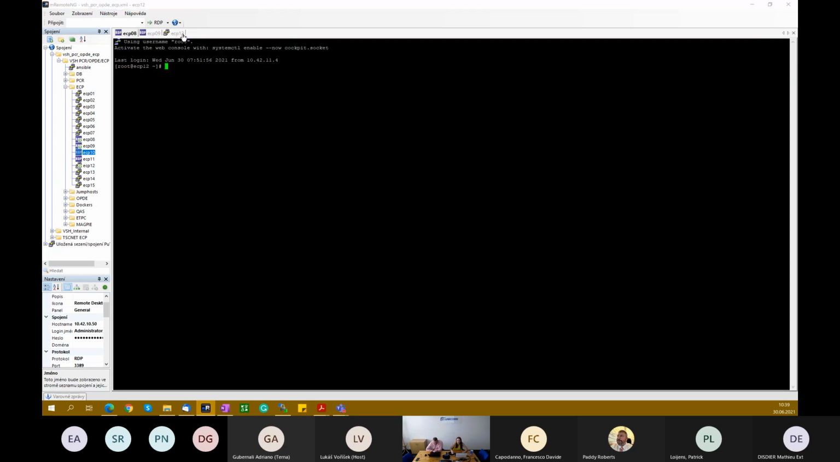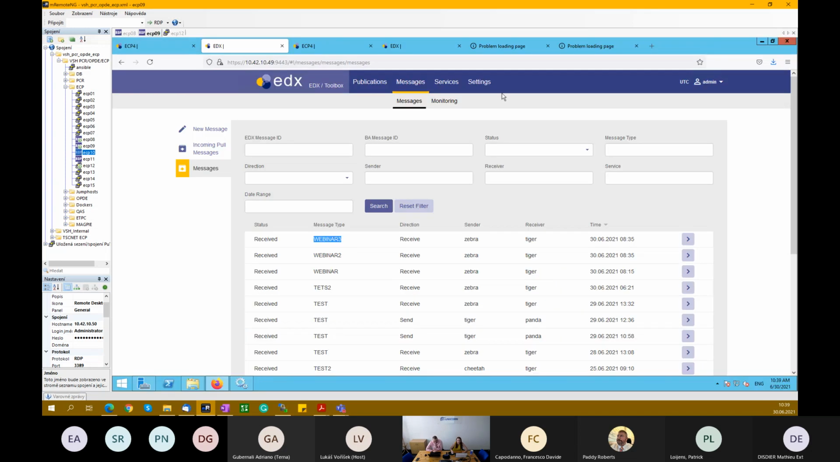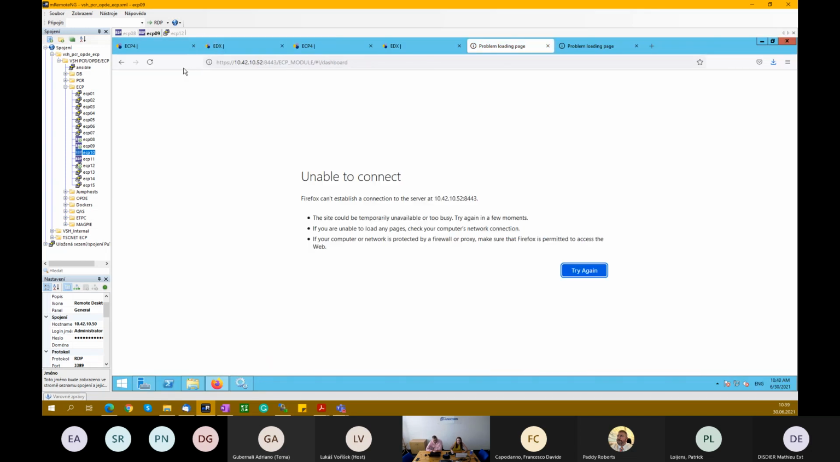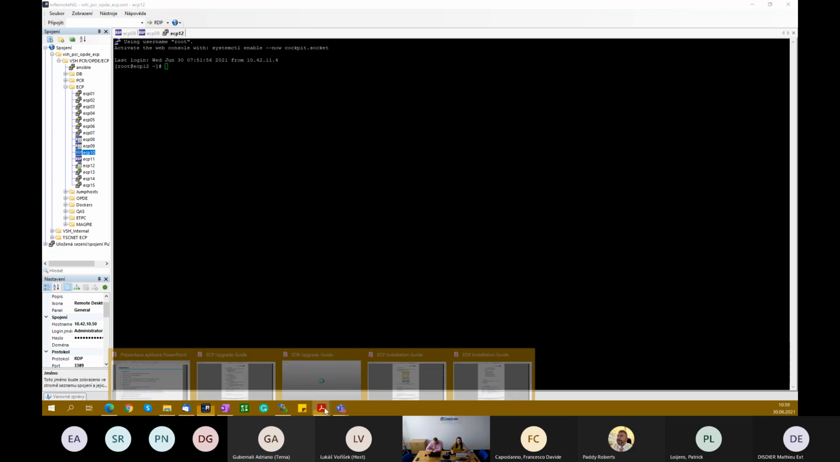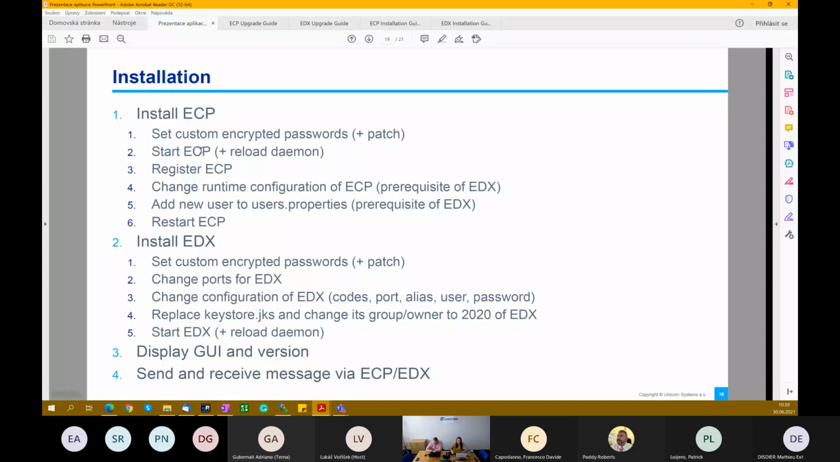And we will move to this one. As you can see, nothing is here on this server. It's just prepared for our ECP and EDX. So we will start with installation of ECP,